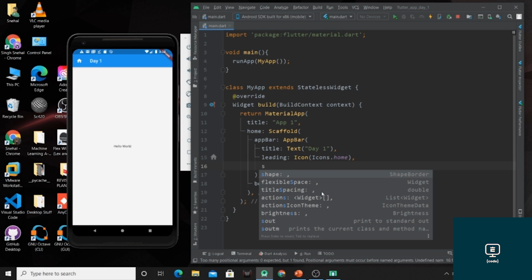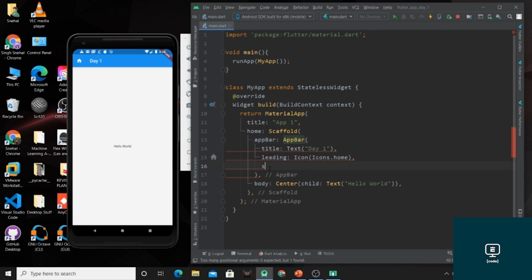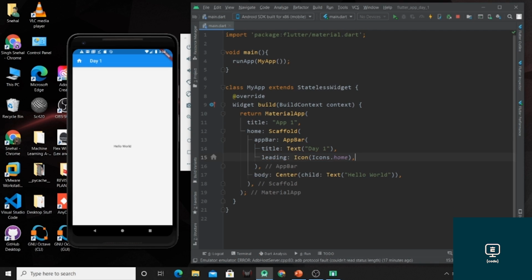We can also add different actions, icon theme. So these are the properties available for this app bar. The second property is body property. It is the other primary and required property of this scaffold widget, which will display the main content in the scaffold.